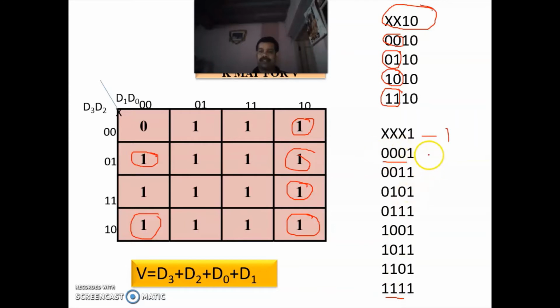So first is 0001, then 0011, then 0101, then 0111, then 1001, then 1011, then 1101, then 1111.